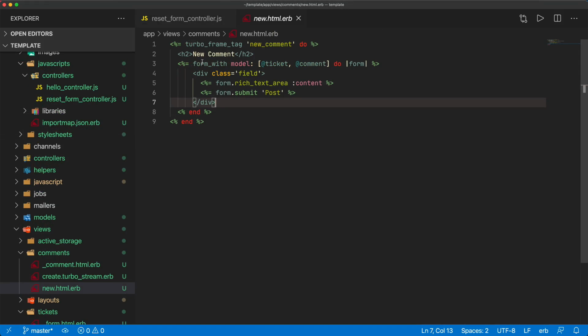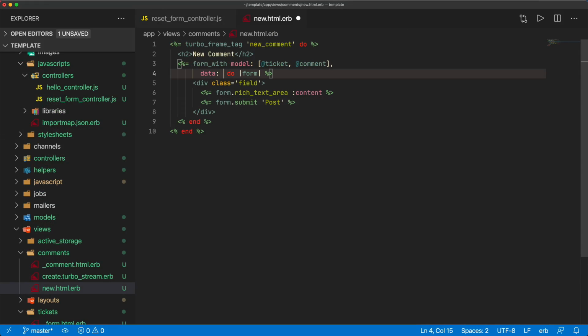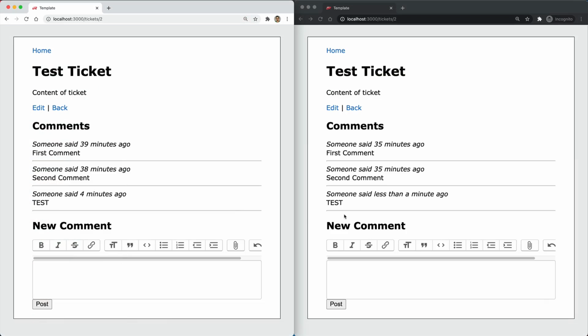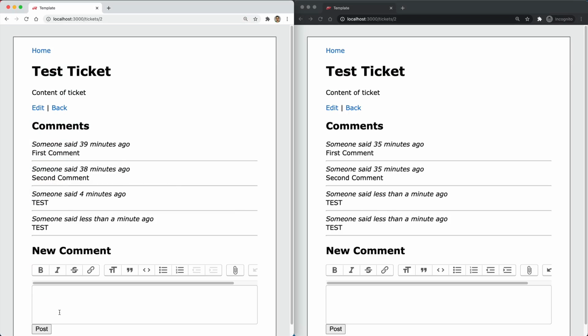So in the comment new view in our form, we need to have our data-controller. It is the reset_form, and the action that we want to perform is going to be on the turbo:submit-end, and we want that to go to our reset_form and then the reset action. We could have an attribute on the form submit with the data-reset_form-target, and that's going to be our button. And so now refreshing and trying this out, it now clears out our form, it still broadcasts it, and